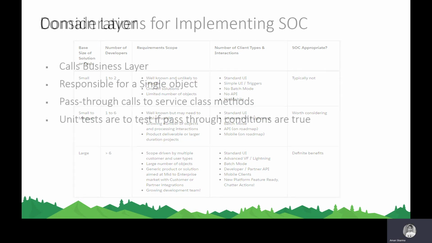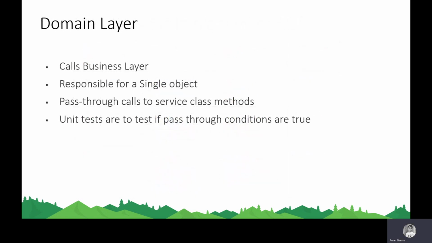So the layers which are involved in this are the domain layer, the service layer, the selectors, and the unit of work. In the domain layer, what we have is, we can say, the point of entry for the code. So the domain layer will be the point of entry from maybe a trigger. It can be a trigger where the point of entry of code will be there, and it will call